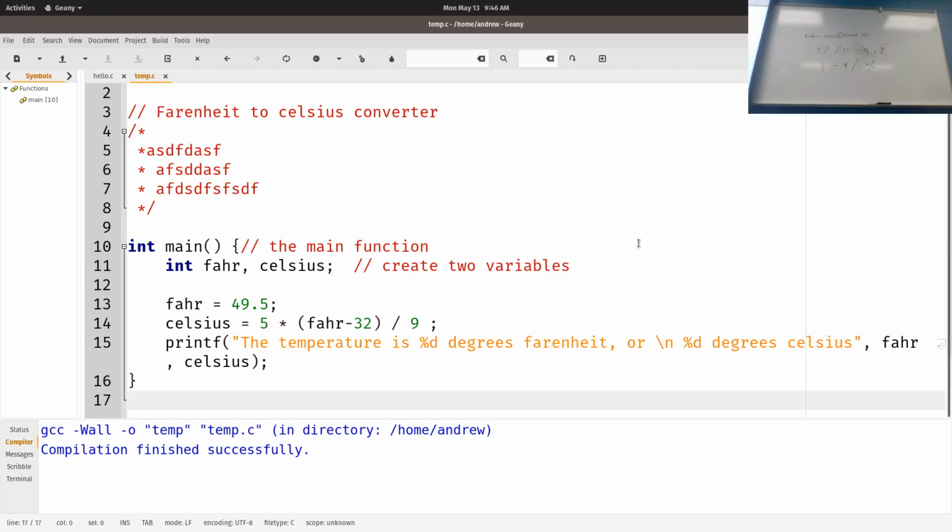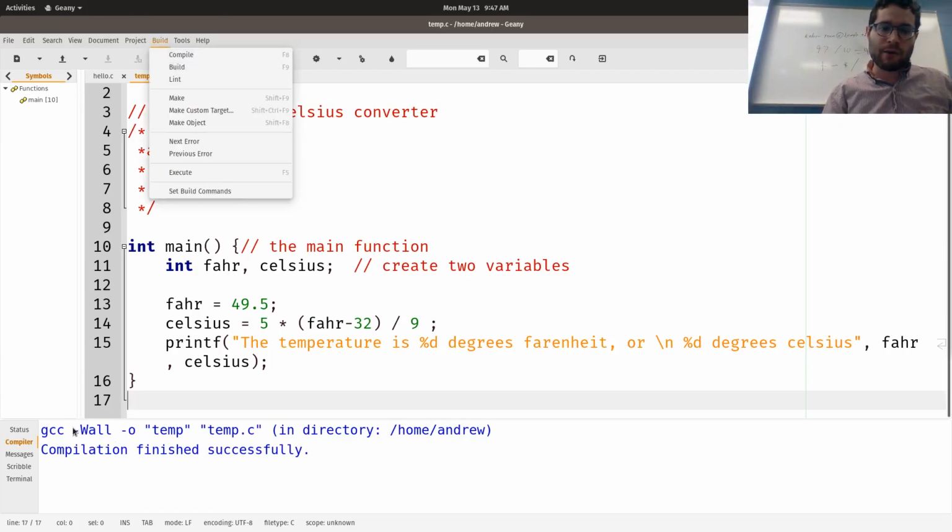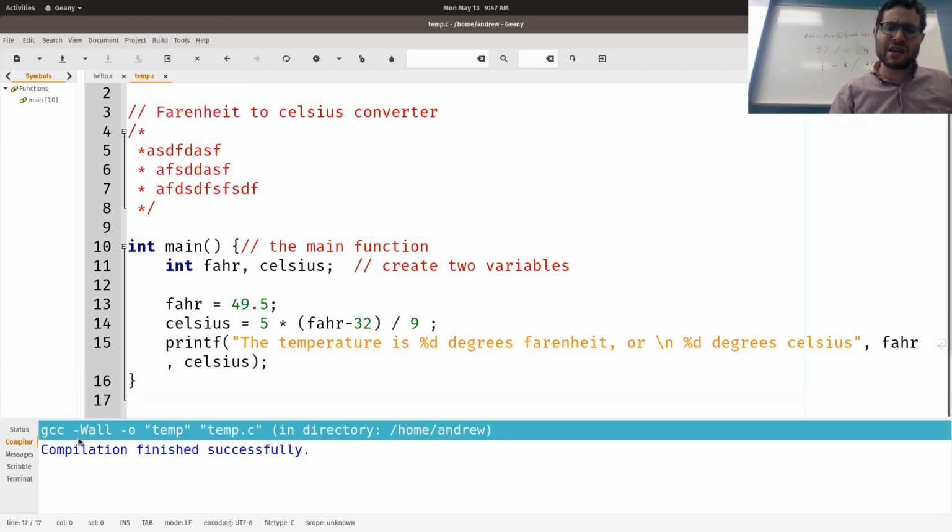If you downloaded Geany, I think you want to use F9 to build it and then F5 to run it. Or you can just go over here and hit the build button. What this command does is say gcc, this says generate all warnings, and then the -o means that when we compile, rather than compiling to a.out, it's going to compile to temp.